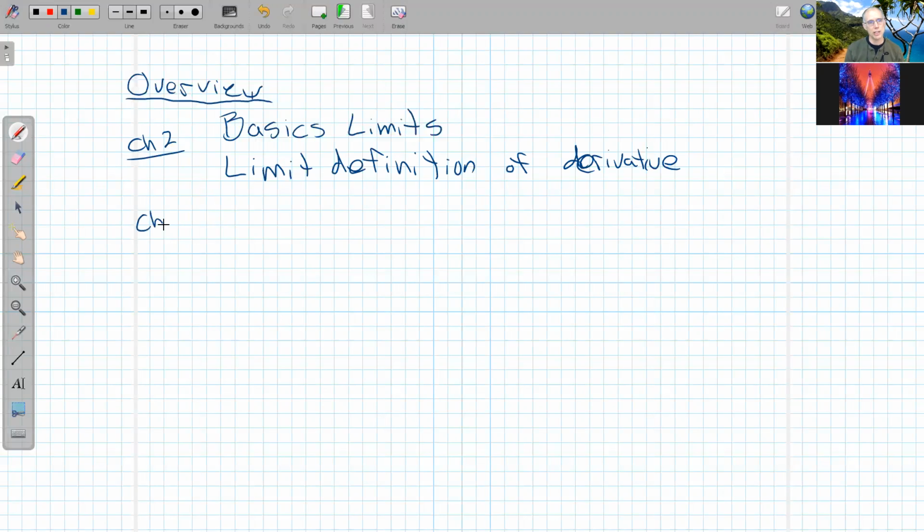Chapter 3 was mostly just derivative rules. So there'll be a couple questions about that. And the problem with just testing you on derivative rules is you have access to the book and you have access to things like the derivative calculator. So me just saying, hey, what's the derivative of the sine of x? That's not really a worthy question. So as far as chapter 3 goes with our derivative rules,